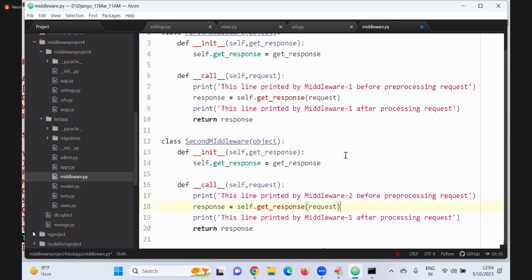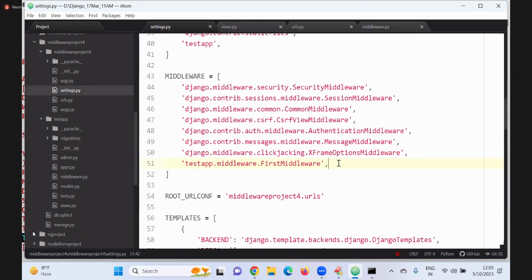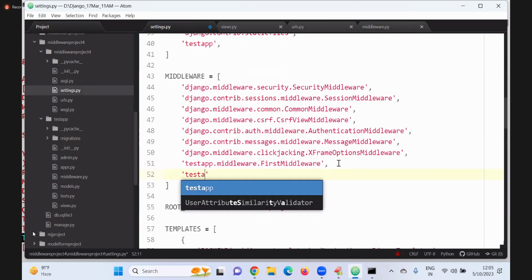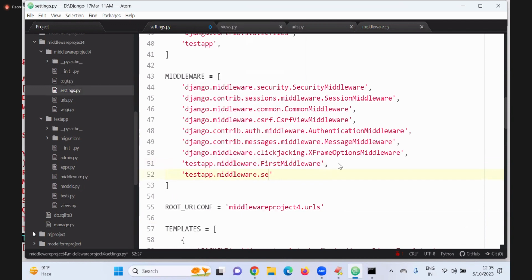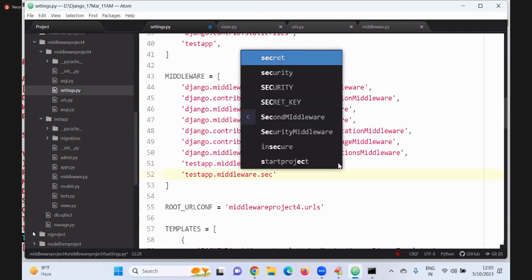This is from 2, this is from 2. Now what will happen? The process goes to the first middleware, then to middleware 2, then the view, and again back. This second middleware you can add here: test app.middleware.second middleware.